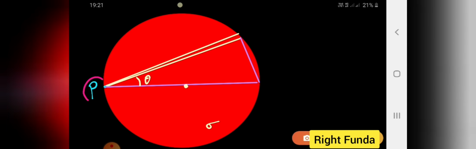Let's solve it. Here is the point P where we need to find the potential. Let's consider an element like this. Suppose this is my element, considered at an angle theta, and this diameter I have drawn is 2r in length. This small strip I have considered makes a small angle d theta.